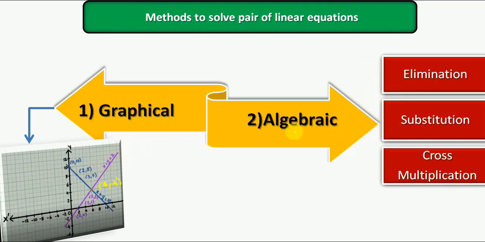These four things will be same. One is graphical, elimination, substitution, cross multiplication. The 10 marks. Problems come on either of these or two of these methods, and you have to solve.